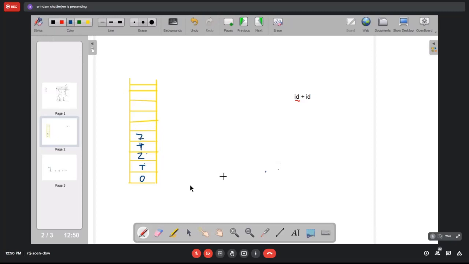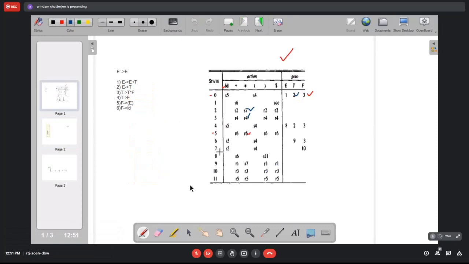State 7. So 0 T star 7. This is star, not T. And this is 7. Very good. So this move is done. Now we have 7 and ID. At state 7, we have ID. So you can see we have to shift and then go to state 5.